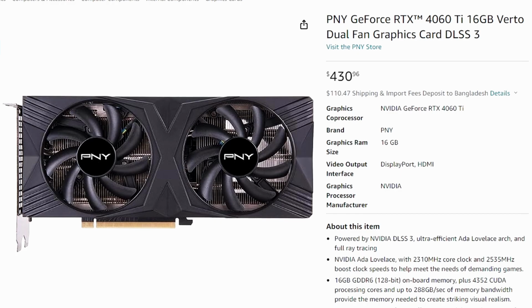Next up, we have something interesting. As you can see, it's the PNY GeForce RTX 4060 Ti 16 gigs Verto Dual Fan, of course. And look at the pricing of this, $430. Remember, it was a $500 card, right? Now we're looking at $430 for this. And as you already know, the RTX 4060 Ti is going head-to-head with the RX 7700 XT, or in some cases it loses compared to the RX 7700 XT. And it's very clear why they're pricing the RTX 4060 Ti at $430 or even $450 in some cases,